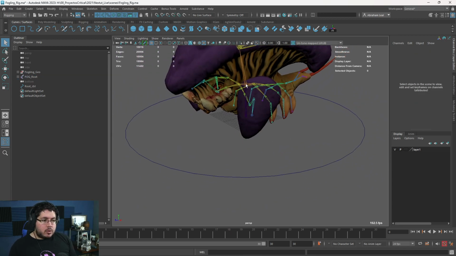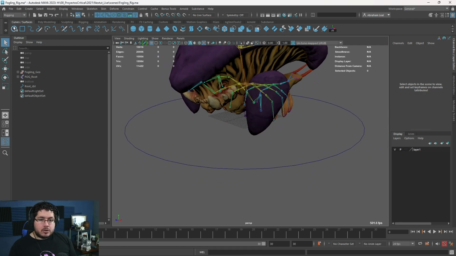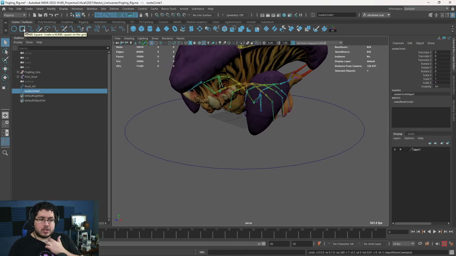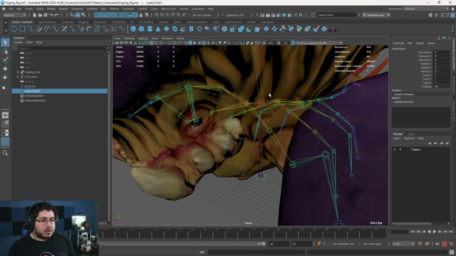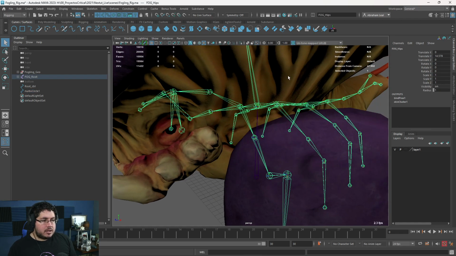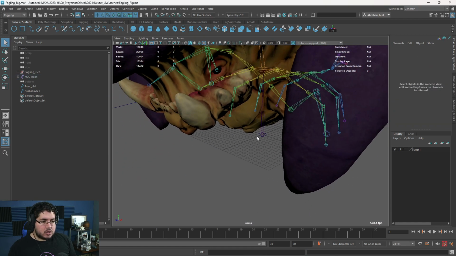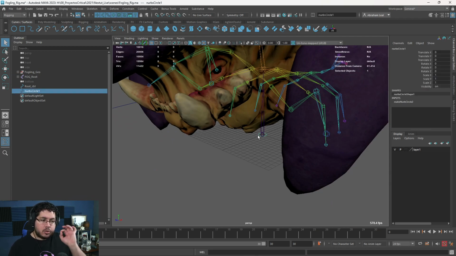Let's do another one. Let's do one for the main body. So I'm going to create another curve, but here's where things are going to start getting a little bit trickier, because if you remember, this joint right here, well, actually that one had the exact same rotations, but I want to make sure that whenever I create a curve, that curve has the exact same rotation with the local rotation axis as the joint that I'm going to.